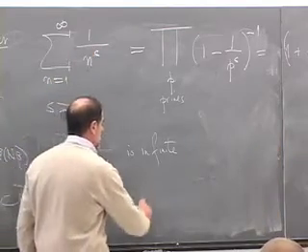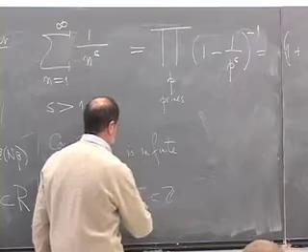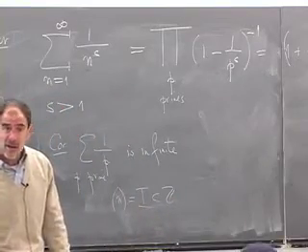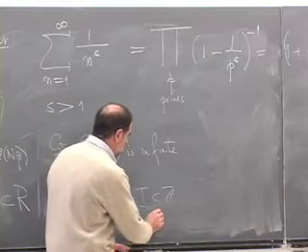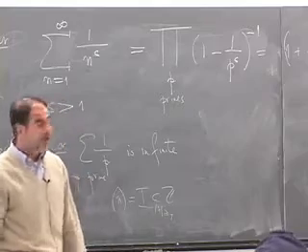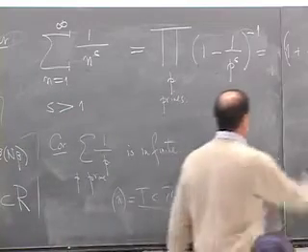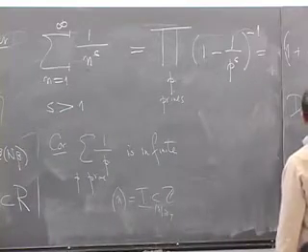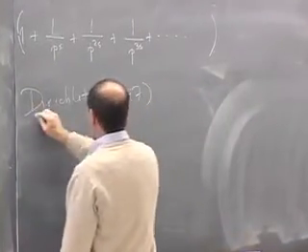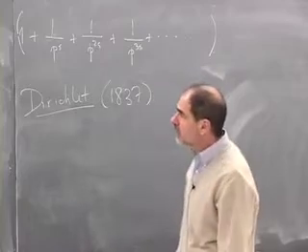Every ideal of the integers is a principal ideal generated by some n. And the index of this ideal is the absolute value of n, which is greater than or equal to 1. Right? So that led Dirichlet